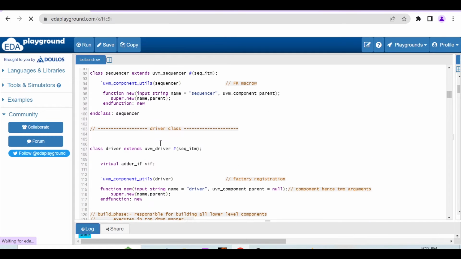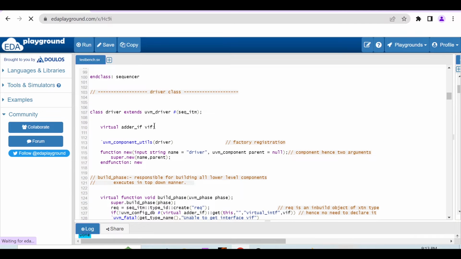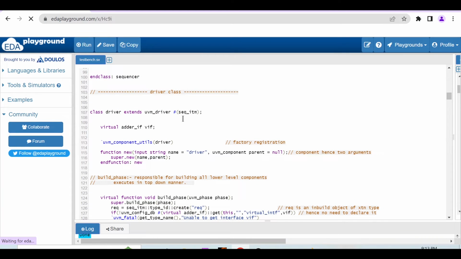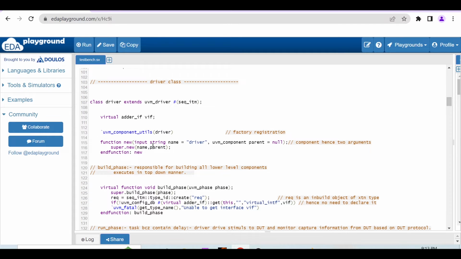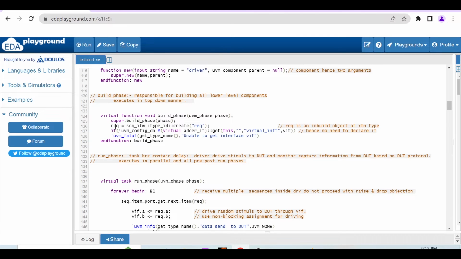Okay. Now another class, as you can see here, the driver class. We have to define class driver, which is extending from uvm_driver. As it is also a parameterized class, we have to parameterize with the type of transaction. Then as it is a component class, we have to use `uvm_component_utils and default constructor with two arguments. Now in the build phase of this driver, we have to create the object for this REQ, which is an inbuilt object of our transaction class, and we are